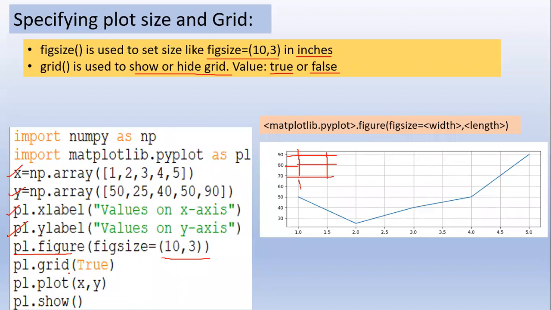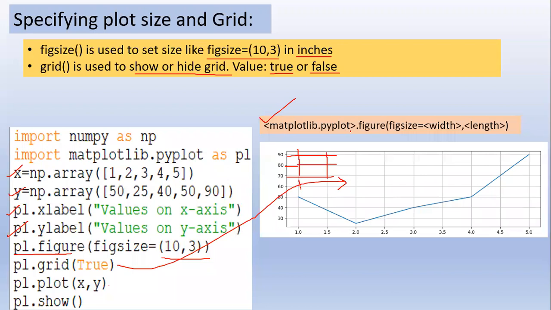PL dot grid True. Due to this statement, you are able to see this grid. Grid means jali, mesh. PL dot plot x comma y. With this the graph will be plotted for you, and PL dot show to display this graph or chart. So this is the syntax for how to provide the figure size.